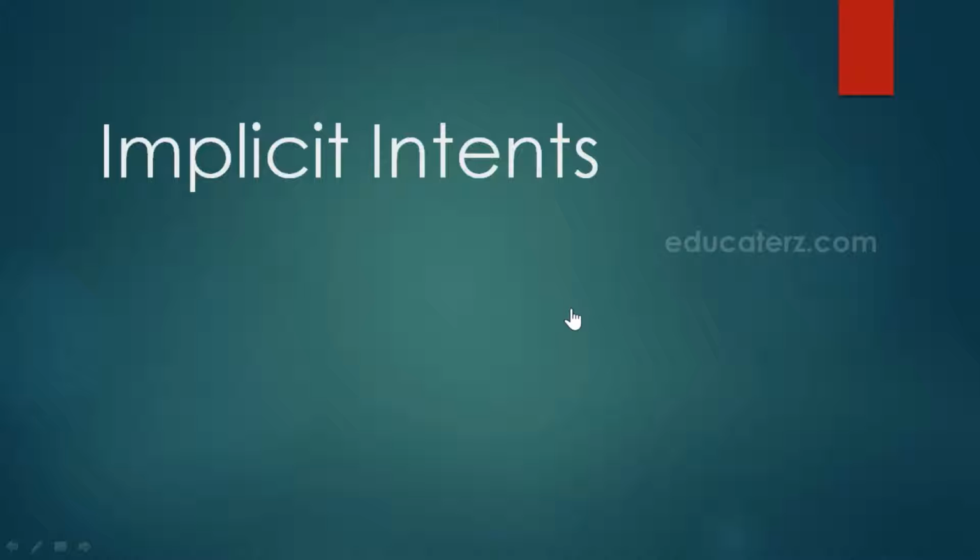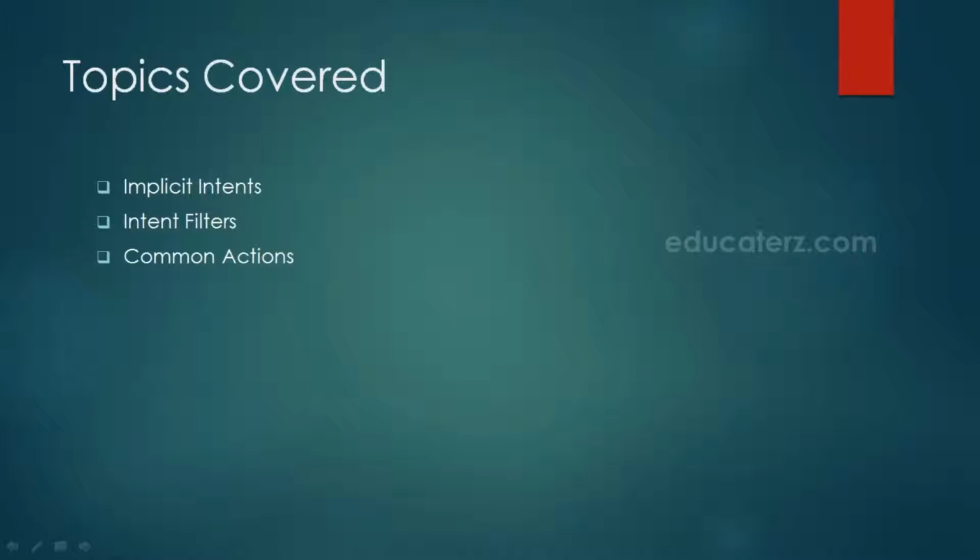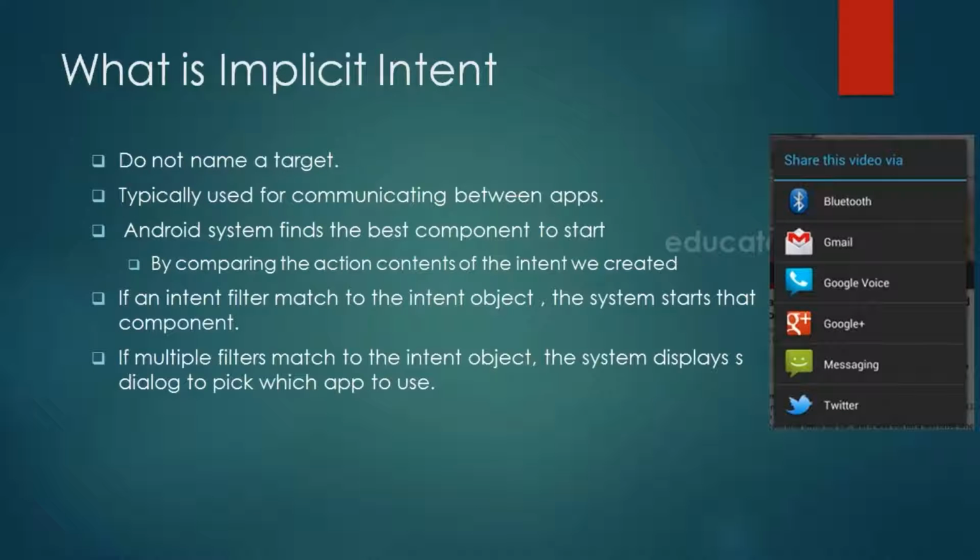This is Venkatramana Gandhi. In the previous session, we were discussing explicit intents and how to call an activity from another activity of the same application. Now let us see what an implicit intent is, and how to call an activity of another application from our application. Here we'll see what an implicit intent is, what intent filters are, what the key parameters to filter an intent are, the common actions available for us in our applications, and a small program.